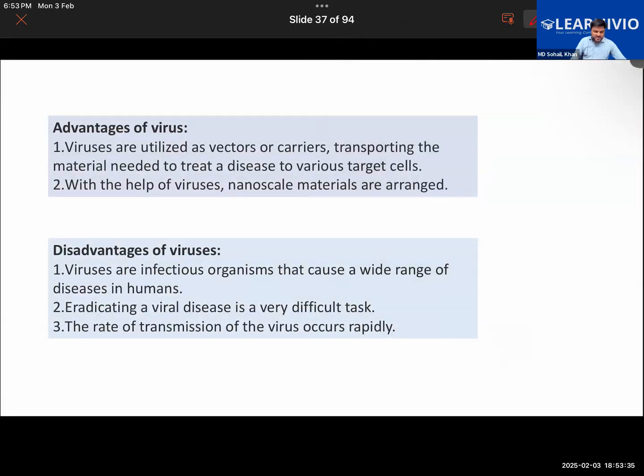Furthermore, there are some advantages and disadvantages, right? First, talking about the disadvantages, they will be responsible for spreading so many infectious diseases, right? And getting rid of a viral disease is a very difficult task, right? Now, it is observed that getting rid of a bacterial disease is, sorry,